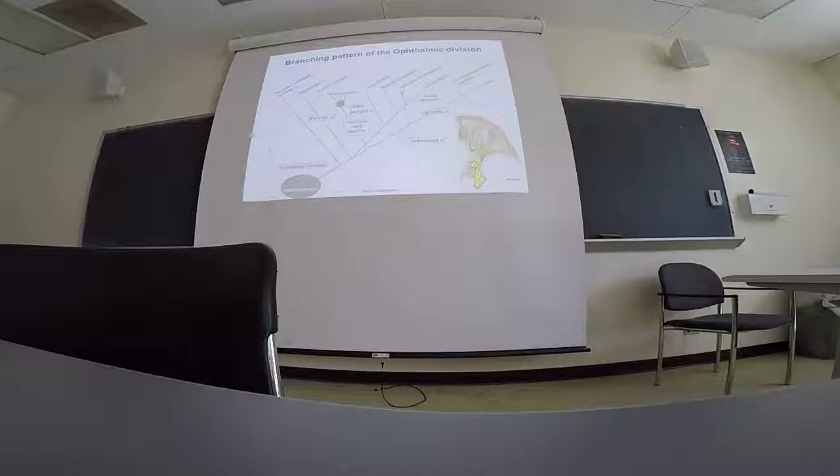And you can see that in this more schematized picture here, that these short ciliary nerves, these tiny little nerves, and the long ciliary nerves come off of this other nerve called the nasociliary. So you'll see when you remove the floor of the anterior cranial fossa, you'll see something like this, a bunch